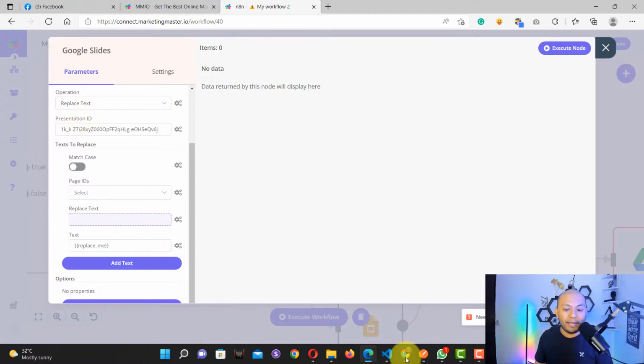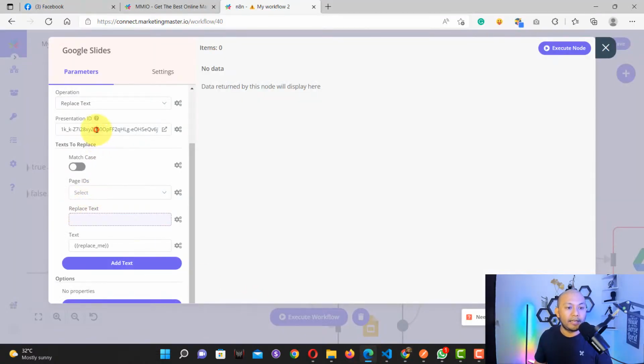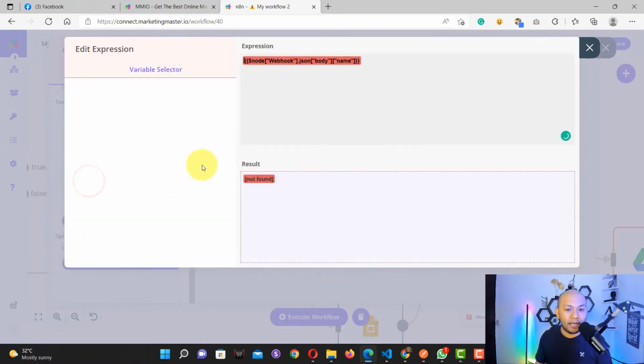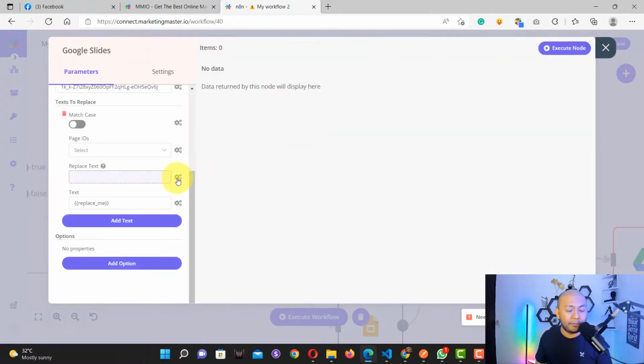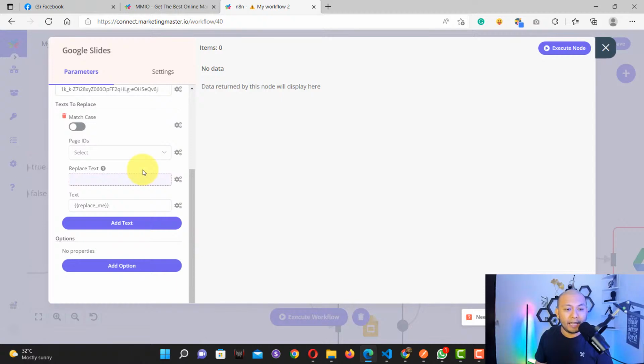After our Google account is connected, we can now enter the presentation ID. So where do we get the presentation ID? Let's go back to Google Slides. This is the presentation ID in the URL. We are going to copy this presentation ID, go back and enter it over here. Okay, so for the replace text, what we need here is a variable which can be taken from the name or the data that the